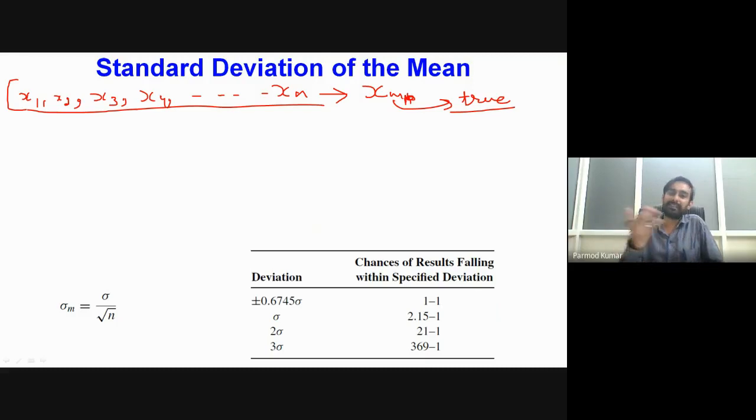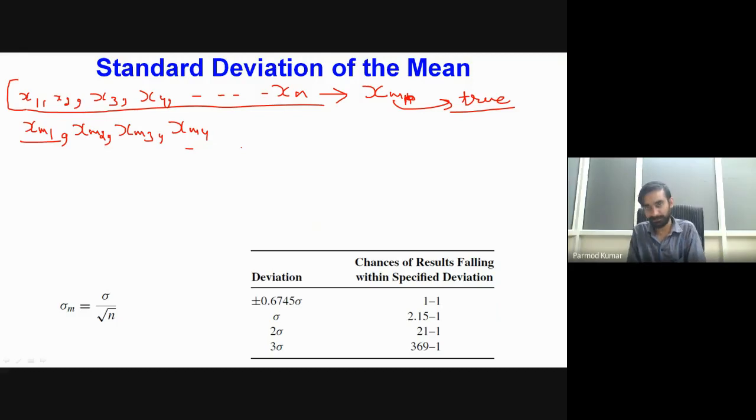Okay, then we have taken a second sample on the same day or on some other day. In that case, the first day we got the mean value from our experimental observation as xm1. The second day we got the mean value as xm2. The third day we got the mean value as xm3, and similarly we have found some distribution for the mean values of data. So it means that if our population is good enough or if our number of samples is good enough, then irrespective of repeating the sampling, every time we should get the same value of mean.